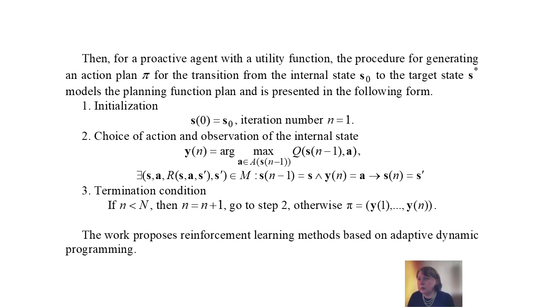Then, for a proactive agent with a utility function, the procedure for generating an action plan P for the transition from the initial state s0 to the target state s star models the planning function and is presented in